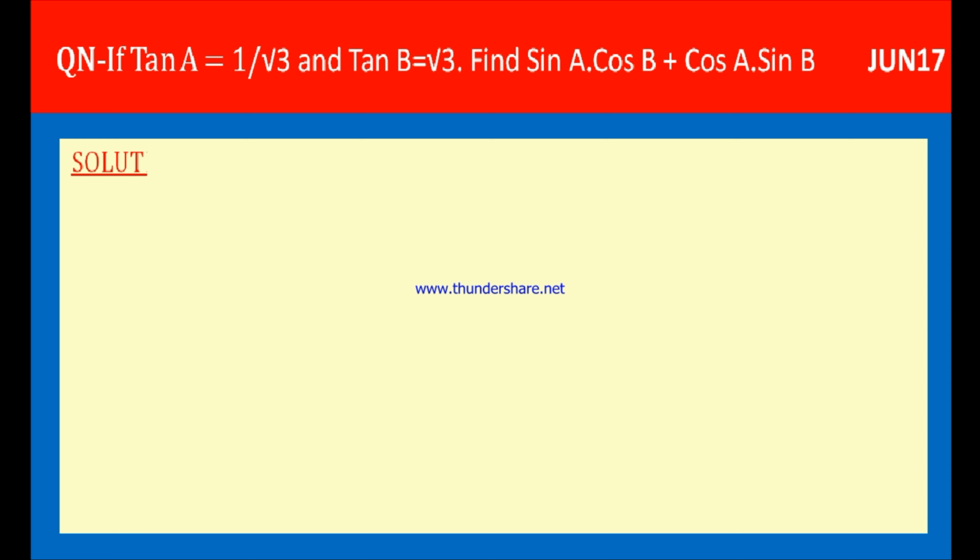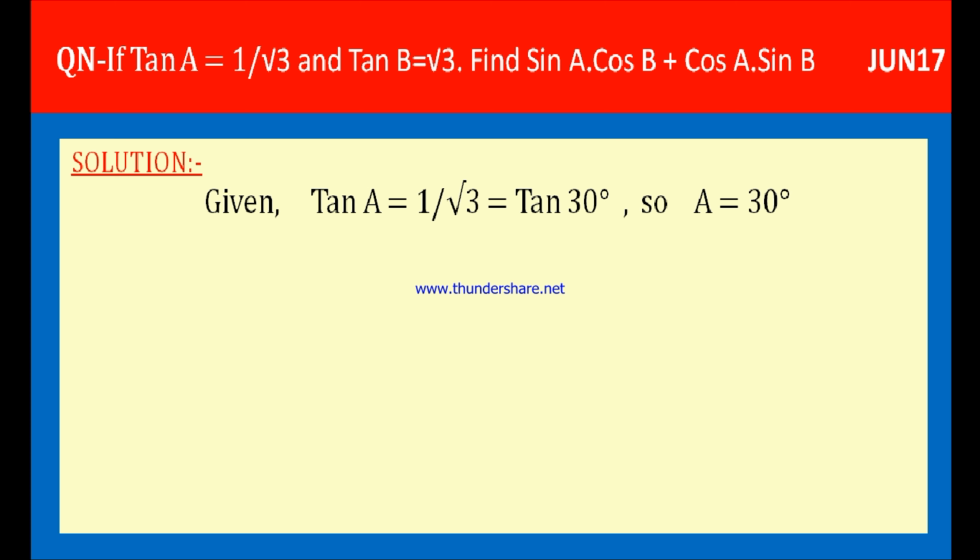Here is the solution. First we have given that tan A is equal to 1 by root 3. Now this 1 by root 3 in tan is equal to tan 30 degrees. From the table of known angles of theta, tan 30 degrees is equal to 1 by root 3. Therefore, tan A is equal to tan 30 degrees. Isn't it? Tan A is equal to 1 by root 3, which is equal to tan 30. Therefore, by using the transitive property, tan A is equal to tan 30 degrees, or A is equal to 30 degrees.